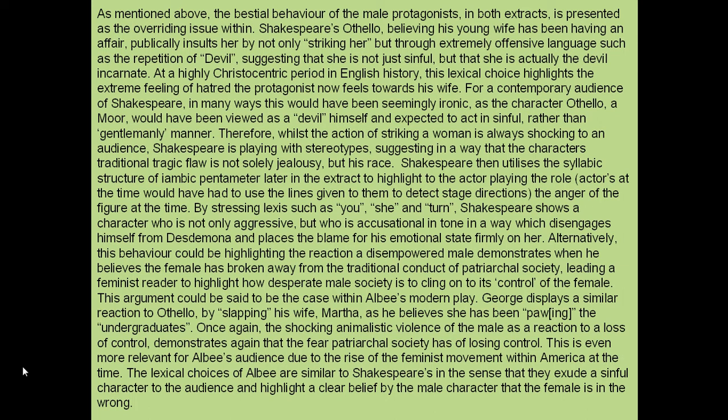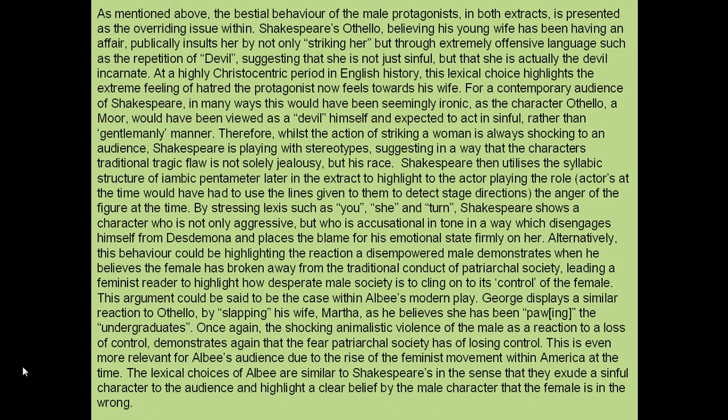Shakespeare then utilises the syllabic structure of pentameter later in the extract to highlight to the actor playing the role the anger of the figure at the time. By stressing lexis such as "you", "she", and "turn", Shakespeare shows a character who is not only aggressive, but who is accusational in tone in a way which disengages himself from Desdemona and places the blame for his emotional state